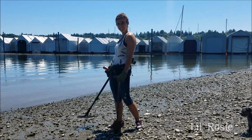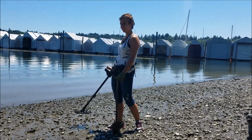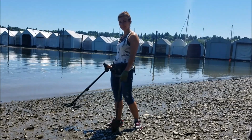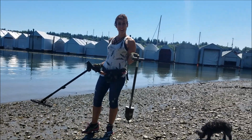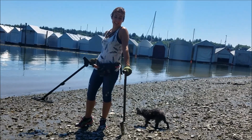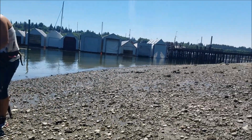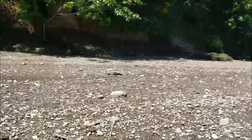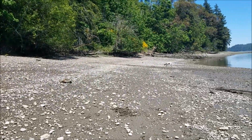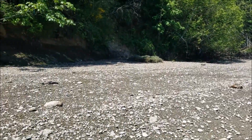Alright, we're back at that old saloon site. There's a floating saloon where we found all the tokens and pocket watches, pistols, all kinds of cool stuff. And myself, little Rosie. And we have 80s. Yeah, 86 or something today. Yeah, it's 86 degrees. I love it. Really muggy. Anyway, this old saloon was floating over the water here, and it burnt down, which is why a